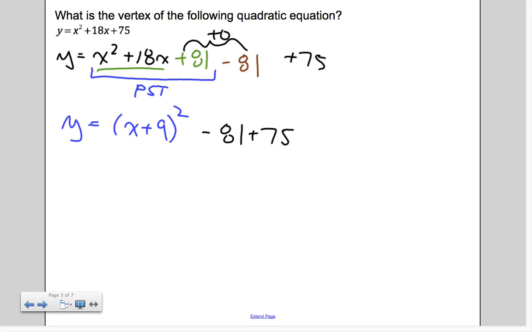So what we're left with now is y is equal to x plus 9 quantity squared, let's say minus 6. Now can you tell me what the vertex is? Negative 9 and negative 6. Yeah, negative 9 and negative 6. So therefore the vertex is at